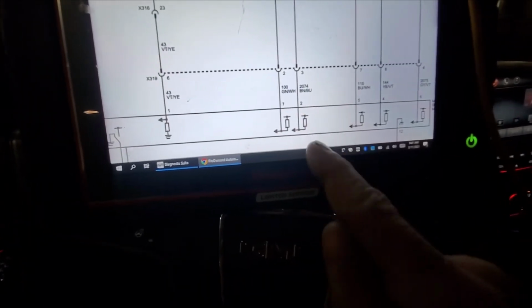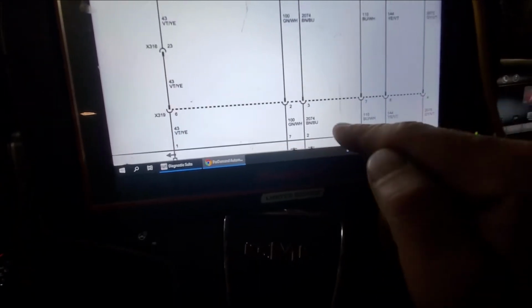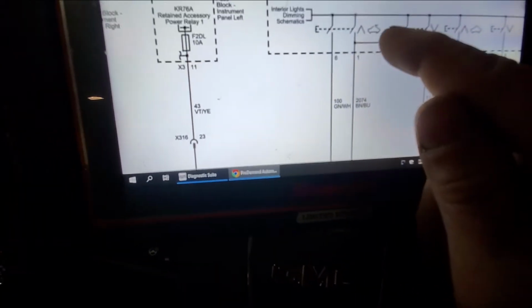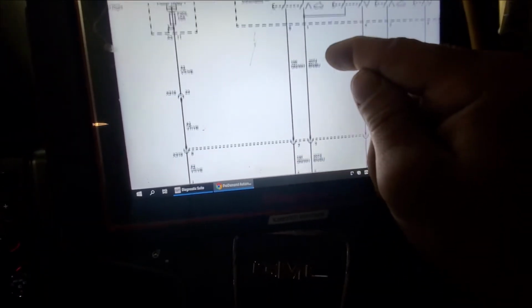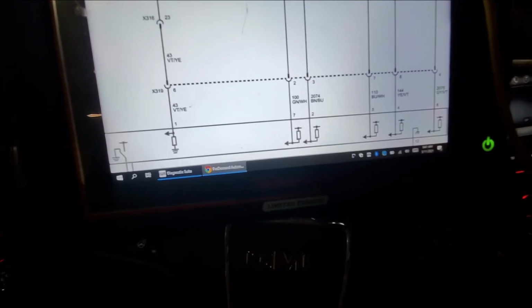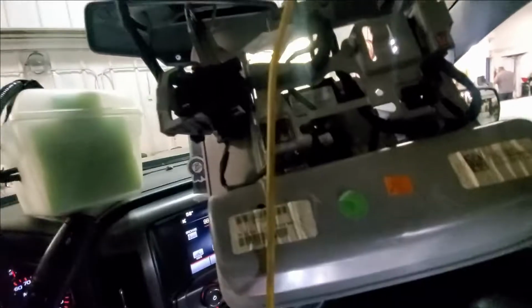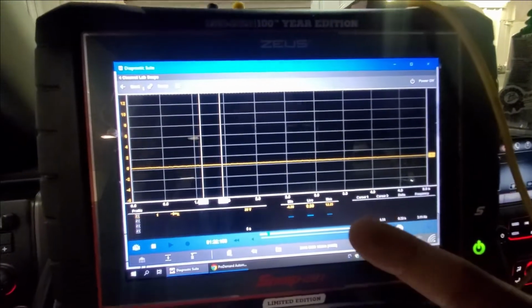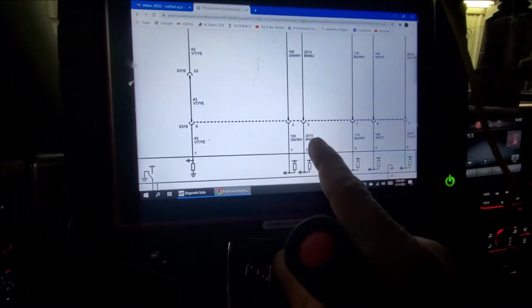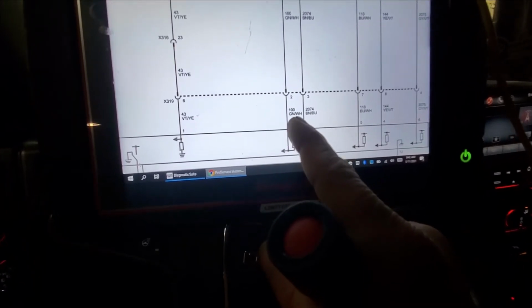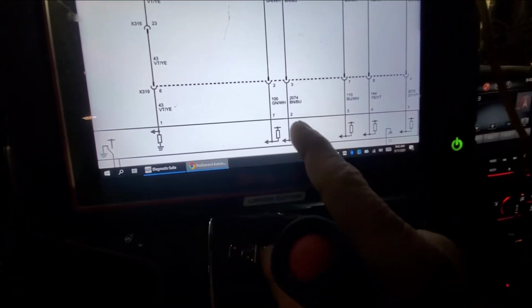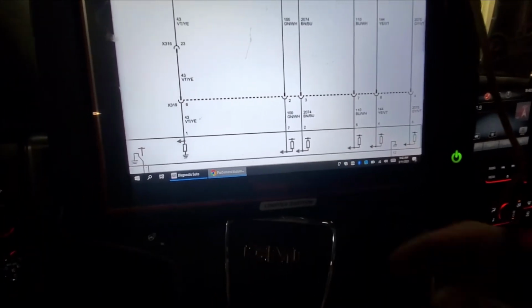So number 2 is going to be a brown blue. Not sure what that looks like. It's probably the open, one of the two. It's going to be open or closed. Doesn't really matter. Not too worried about it. So let's check number 2. All right, again, we're disconnected from the motor, so this switch assembly doesn't have any power right now. That's why we're at 0 volts. We're back probed into number 2, which is our green, oh, I'm sorry, our green white. Yep, that would be our green white,